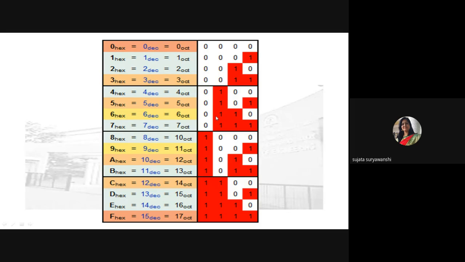After that, 6 is there. 6 means 4 plus 2. 2 is the positional weight of the second last bit and 4 is the positional weight of the third last bit. So simply write down 1 1 for these positions and the remaining bits will be 0. Similarly, suppose you need to find the binary equivalent of 10. 10 can be represented by 8 plus 2. 8 is the MSB bit and 2 is the second last bit. That's why 1 is present for these two locations only and the remaining bits are 0. Like this you can easily find the binary number for any given decimal number.